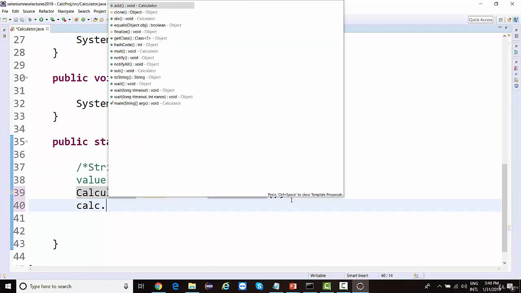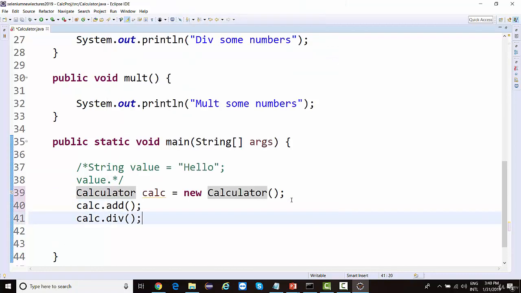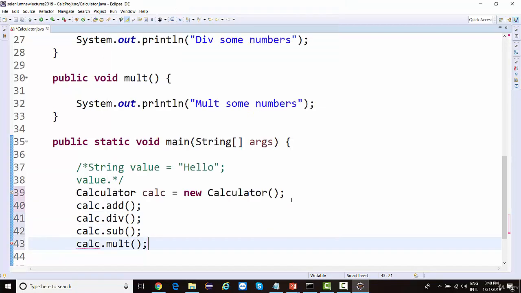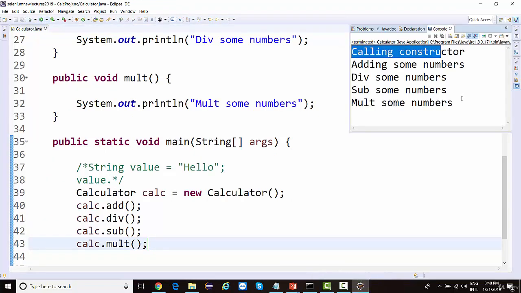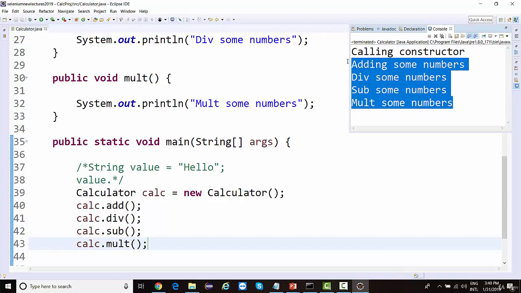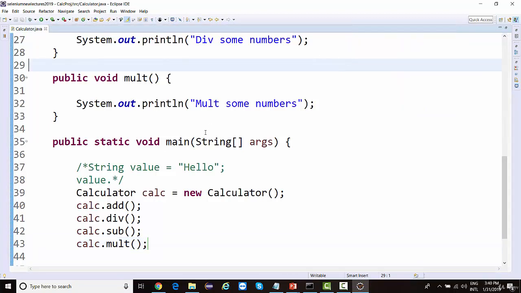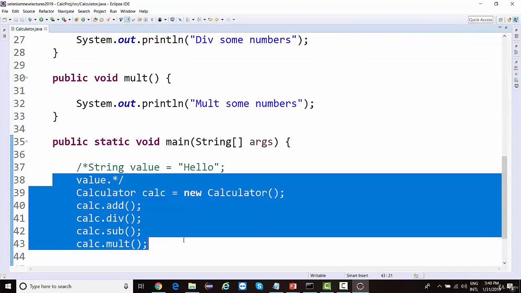And now with this reference, if I call different methods from this class, then only and only if I run this, only and only one object will be created and all the methods will be referred from the same object reference. So this is the very basic of what a class and an object are, how we create an object, how we call methods. Although in our Java lectures, we will be discussing what a class and an object are in very depth. This is just to understand what exactly Selenium is.